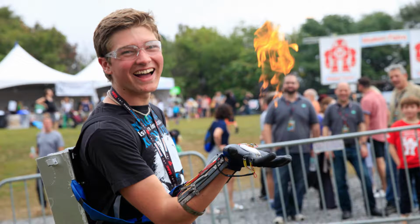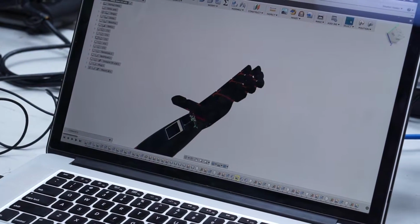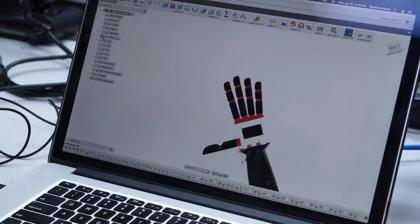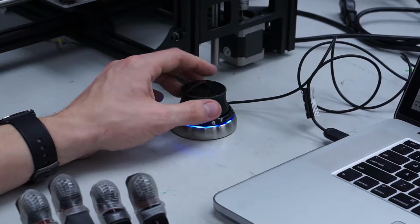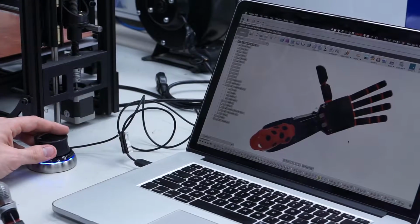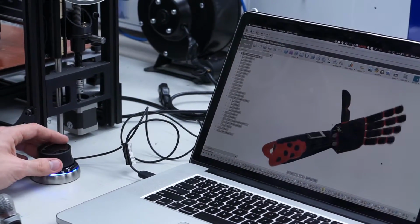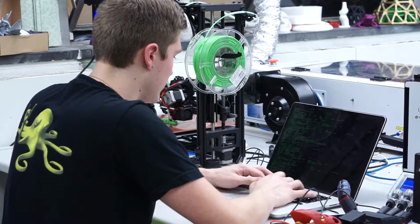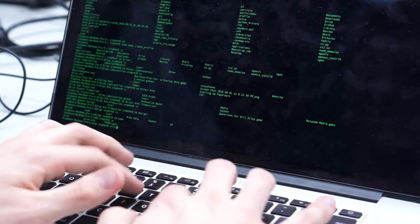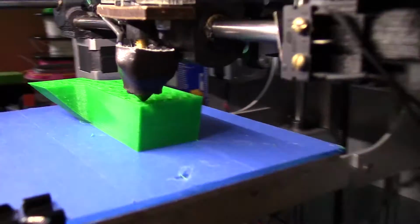And I saw this company called Enable, and they made hands for kids that don't have fingers, they just kind of have a palm. And these hands are like $5 in plastic from a 3D printer and some hardware from the hardware store. So for $5 you can give a kid who doesn't have any fingers and essentially no control of that limb a hand again. But it was only for kids that don't have fingers. And I wondered if I could do this for someone that had a mid-forearm amputation as opposed to just missing their fingers. So I started working on it as just kind of a project, and then I applied for the